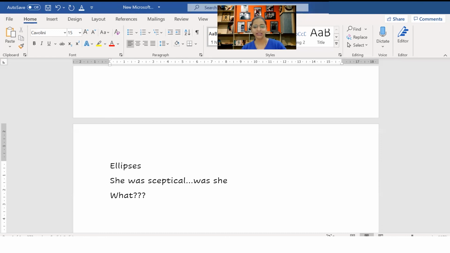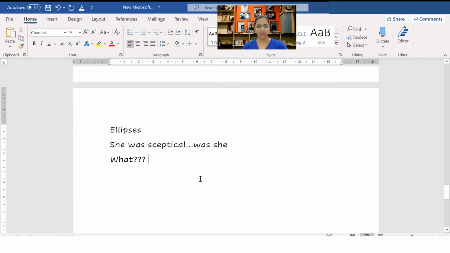Okay, so all of that is a part of ellipses. Now she was skeptical, and you can use any punctuation marks. Rest, I'm sure you know where to use the comma, where to use the full stop, where to use the question mark, where to use the exclamation marks. Exclamation marks will be used when you are trying to show an expression, right? Like, hey! So that means somebody is really happy to see someone, right? When you show or emphasize an emotion, surprise, or anything, then you use the exclamation marks. Rest, I'm sure you know.